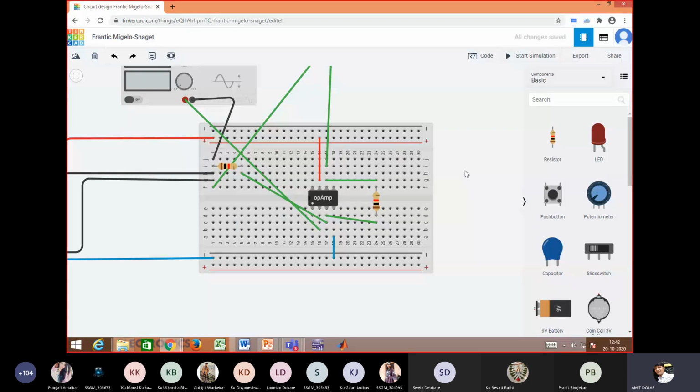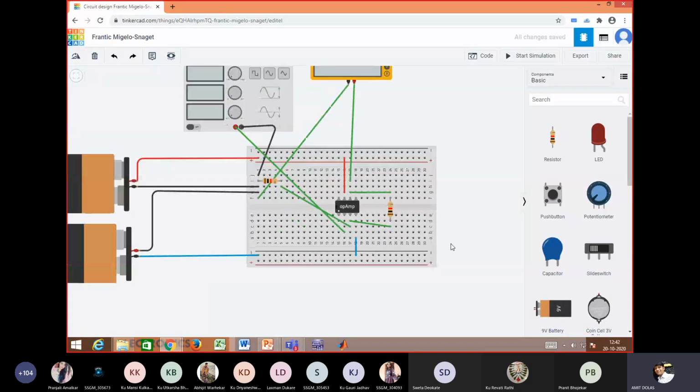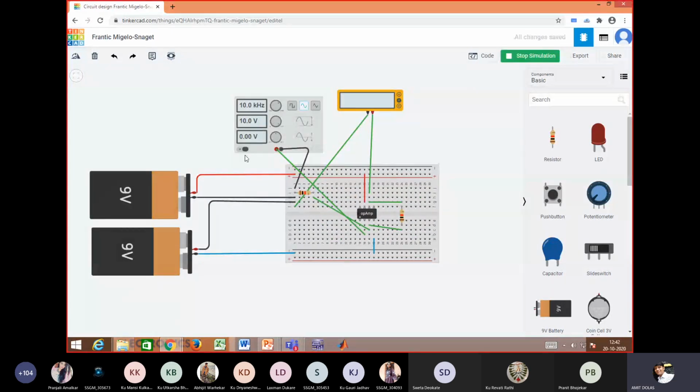Yes, it is also your job to identify the problem. I think there is no connection problem. Function generator is giving output 10 volt, 10 kilohertz. Everything is fine.